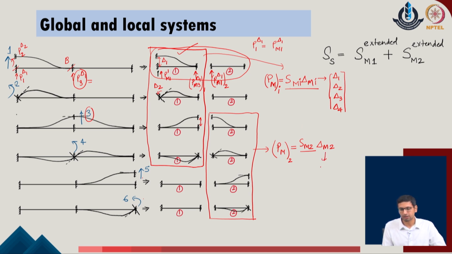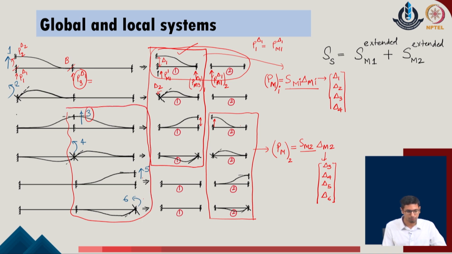Similarly, when I go with the delta parameters for the member 2, I realize that these are the values corresponding to the node 2 and 3 of the given problem, and node 2 and 3 are undergoing the delta deformations which are identified as delta of 3, delta of 4, delta 5 and delta 6 of the given system. So, corresponding to these 4 cases, we get the contributions of the member 2.